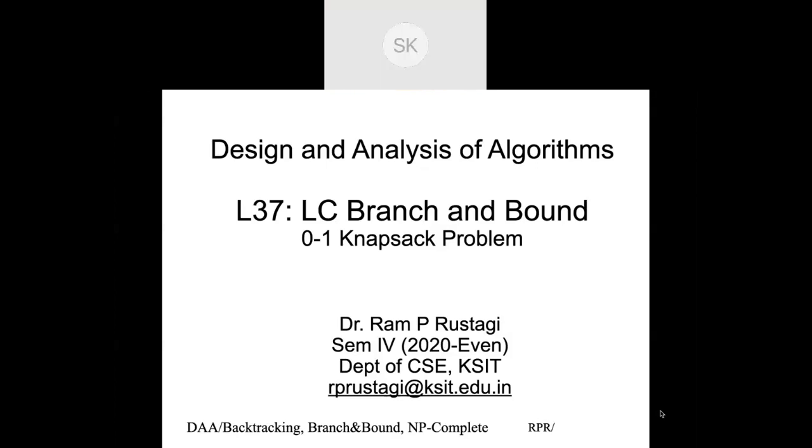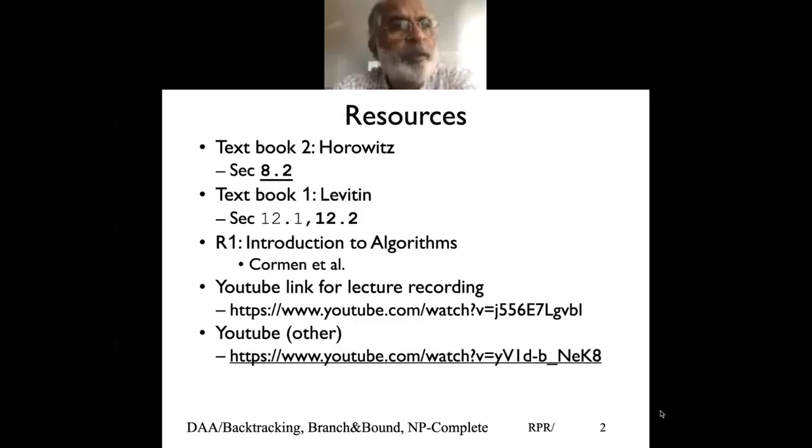So we'll look at this material from the book by Horowitz Sahni, and as part of the syllabus, they talked about two approaches. One is called least cost branch and bound, and the other is FIFO branch and bound. So we'll discuss that. Primarily, we very rarely use FIFO branch and bound, but we'll discuss it as part of the syllabus. So the primary material is from Horowitz Sahni, section 8.2.